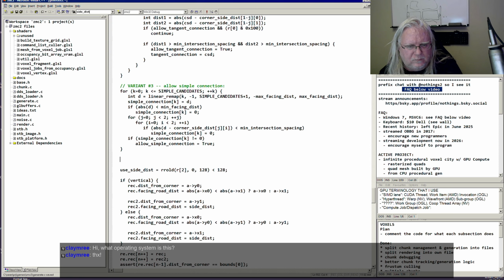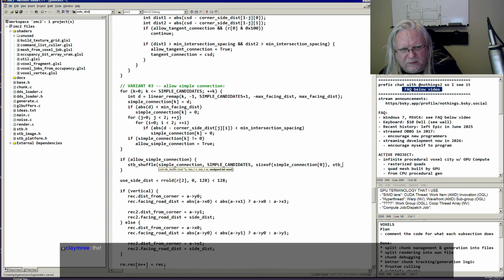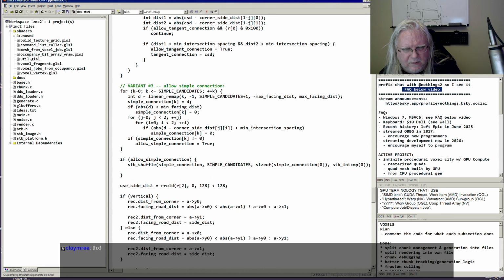So, if allow simple connection, CB shuffle, simple connection candidates, simple connection, compare 0 byte offset. Then